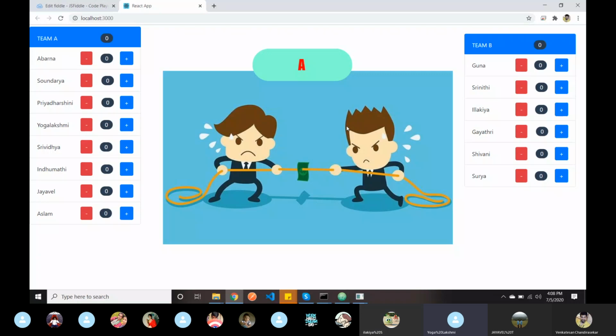Controlled components own their own state, sir, and data is controlled by the parent component only. Exactly. Normally we create a class component, and inside the component we have the state variable and everything, so we can easily control our components. That's why they are called controlled components.